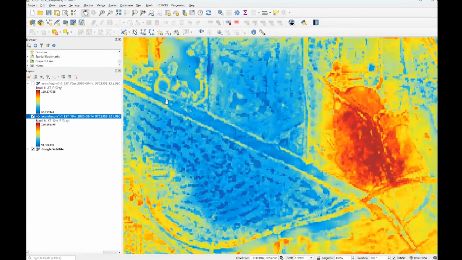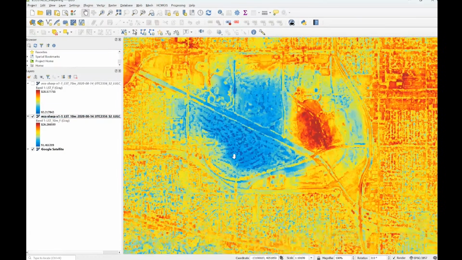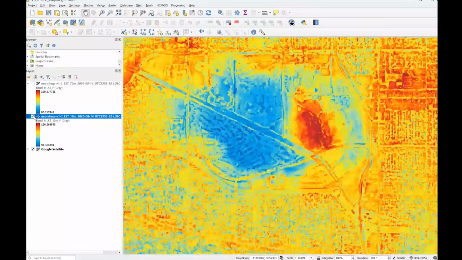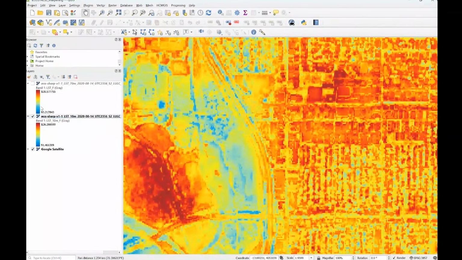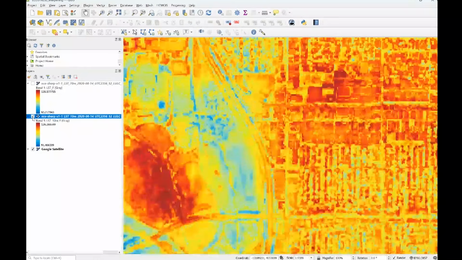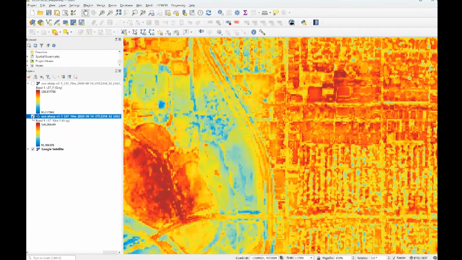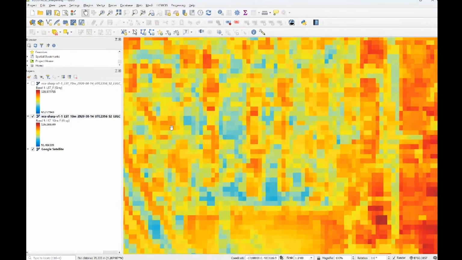You can see this vegetated waterway going down the center of the golf course. You can see roads. You can see specific freeways that are hot. So it just opens up all this detail to what's actually going on in the urban environment. On the right here, you can see building roofs and parking lots that are distinctive and have distinctive temperatures from each other. And if you zoom into this sort of suburban area, you can actually see the temperature of individual